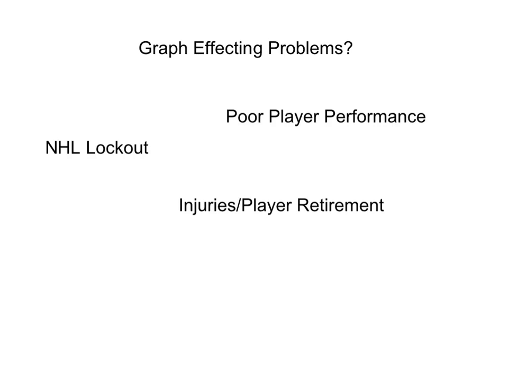There's poor player performance. If the team's in a slump, they're not winning games, that's going to affect the graph. And then, obviously, injuries or player retirement. If there's a lot of guys injured and they're not able to play their best players, or players are leaving the league to retire, you might have to throw some new guys in that could affect how the game comes out. So that's pretty much a lot of the big problems that I found with the graph,